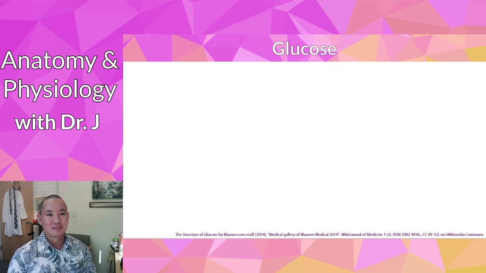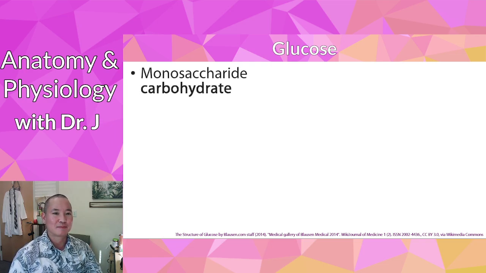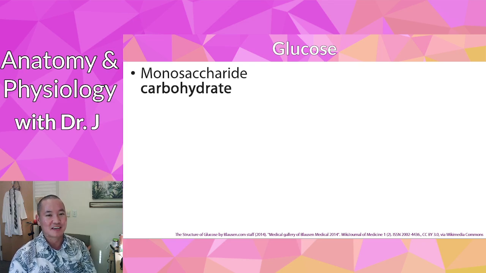Hi everyone, so today we're going to talk about blood glucose, but before we talk about what blood glucose is, what is glucose? Well, glucose is a carbohydrate, and more specifically it is a monosaccharide, and again, a monosaccharide is like the simplest unit of a carbohydrate, so it's a very simple type of sugar. And the thing about glucose is that it's the simplest form of sugar that your body can use, and it's easily metabolized and turned into ATP, which is a form of energy